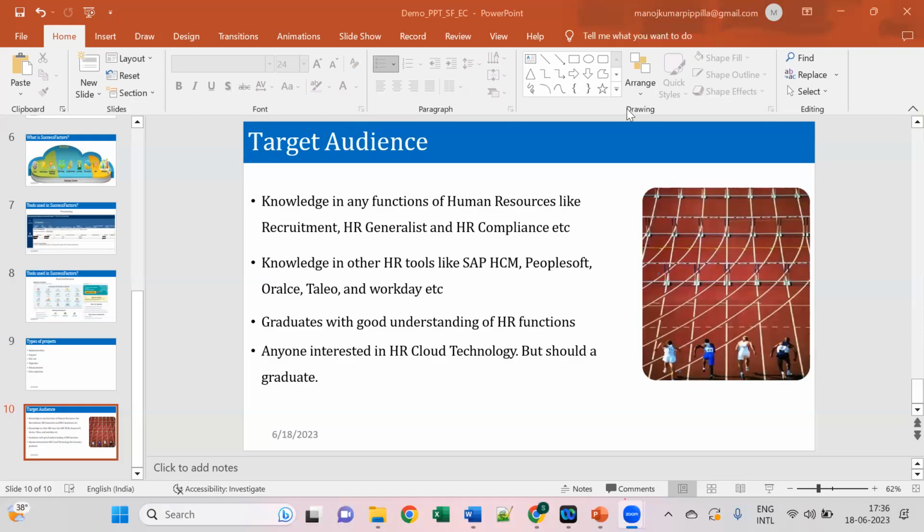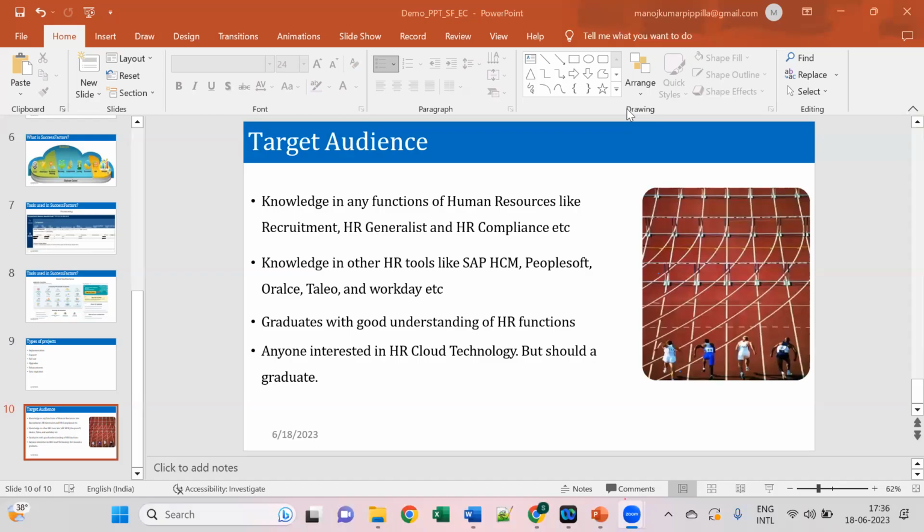This is which module in SAP? In SAP, SuccessFactors is the cloud application. Within that cloud application, there are many modules, and we are going to learn about Employee Central. Employee Central is the one used to maintain the employee data, and it is a very big module in SuccessFactors. All other modules are linked to Employee Central to get or send data. So without Employee Central, we cannot use any other SuccessFactors module.